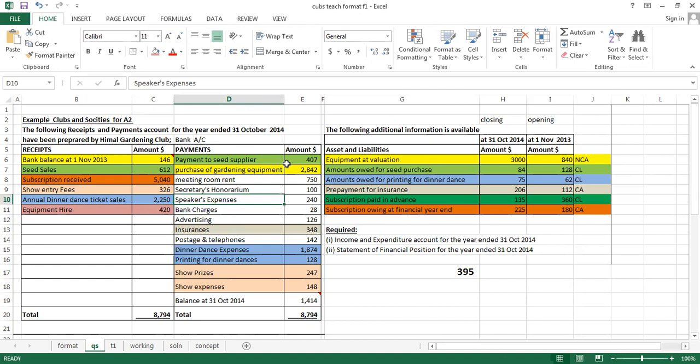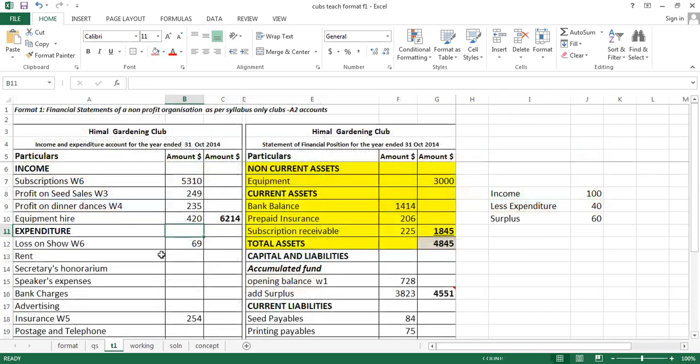Now in the payment section, the colored sections are done. For meeting room rent, there is nothing related for the expenses. So meeting room rent, you're going to record as an expense, 750. So go to your solution. Now the rest are very, very simple. All you have to do is copy it, right? You can see that